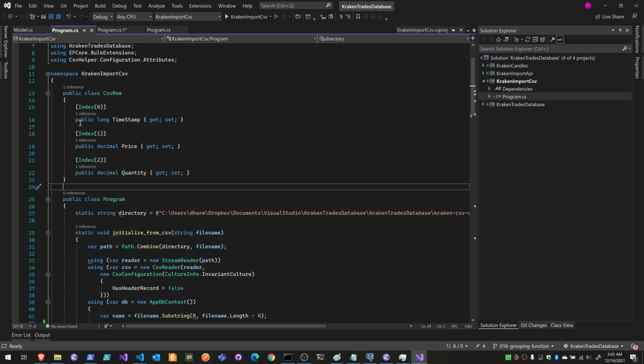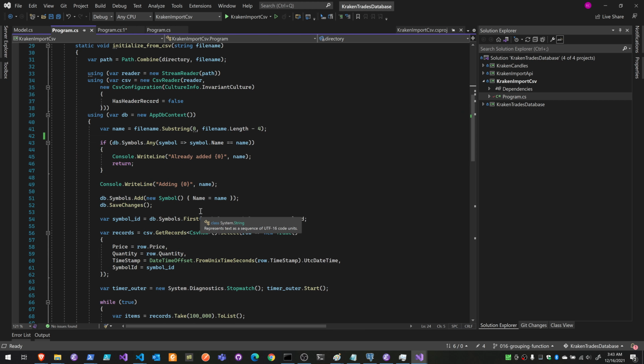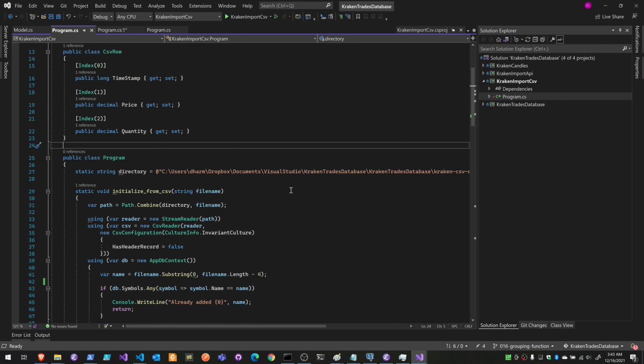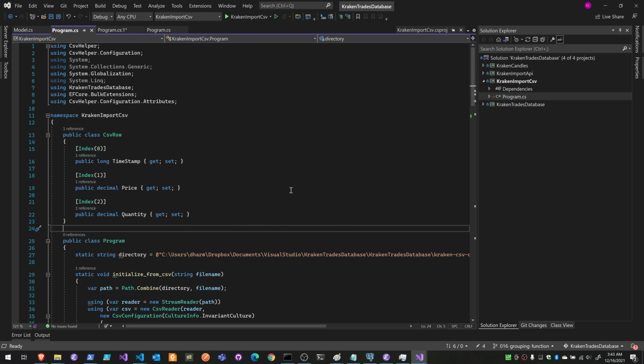it appears to work well. There may be some ways to speed this along. Interestingly, the first time I set up this project to get all the data from Kraken, I actually used SQLite just to see what would happen. I generally reach for that first. It's a little less overhead than PostgreSQL or SQL Server. And believe it or not, the import on SQLite happened a little faster. I believe the same data completed in about 4 hours. So with PostgreSQL, it was about 5 hours. So just an